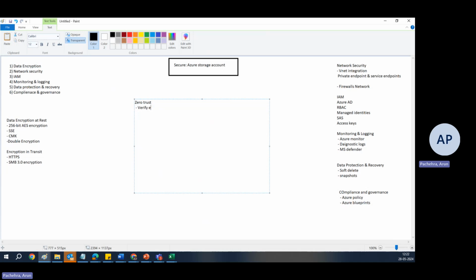Verify explicitly, least privilege, and limit blast radius. So you can keep these three things in your mind